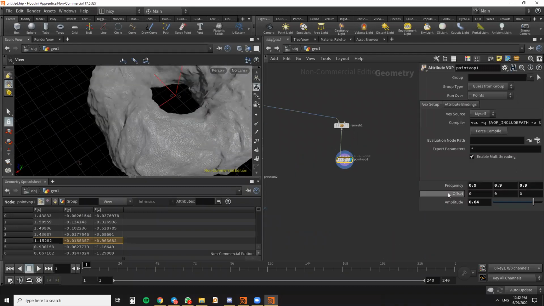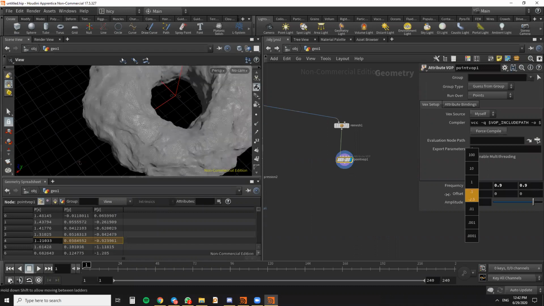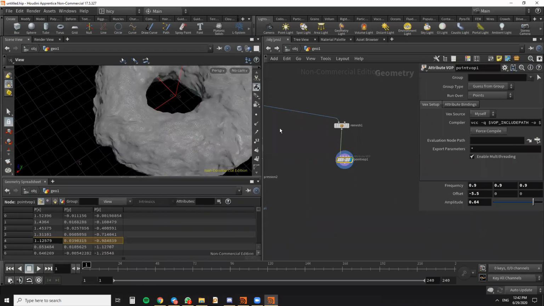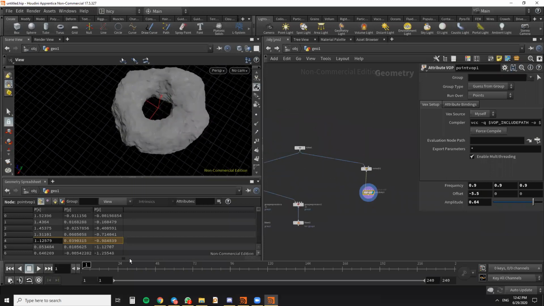And now let's see, what is this offset? Of course, it's the offset of this noise inside this geometry. So if we change it, you'll see how it's working, right? Well, let's say you want to animate this. You want to just press play and see how it works with the offset. Okay, in order to do that,